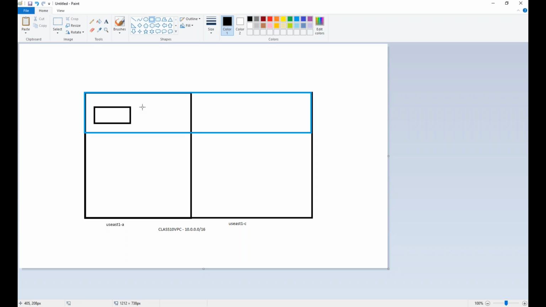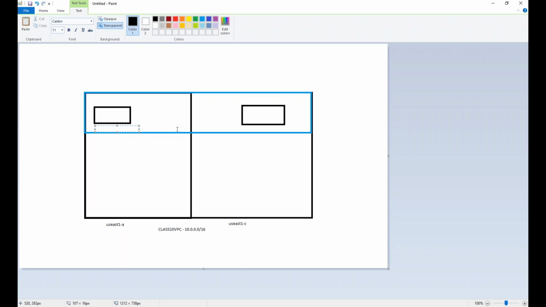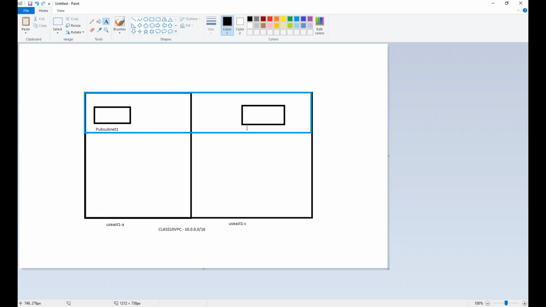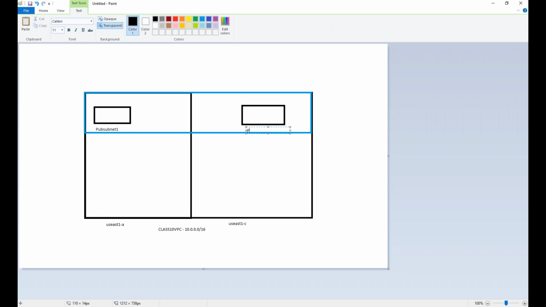I can create one more subnet here if I want to. I'm just leaving it there. I'm creating another subnet here, and we're going to give an IP subnet for this, and we're going to name it. I'm going to call it public subnet 1,